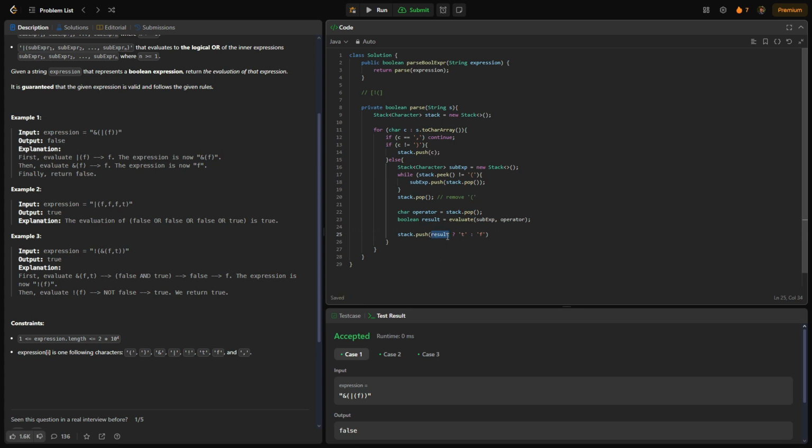So it's going to check, is result true, because result is a Boolean? If so, return T. Otherwise, return F. It's as simple as that. So in the case of example 3, we're using the AND operator, and we have false and true. Because they do not match, it's going to return false. So now our stack has an F. Cool. And after, sorry, we'll go back through. So now that we return that,